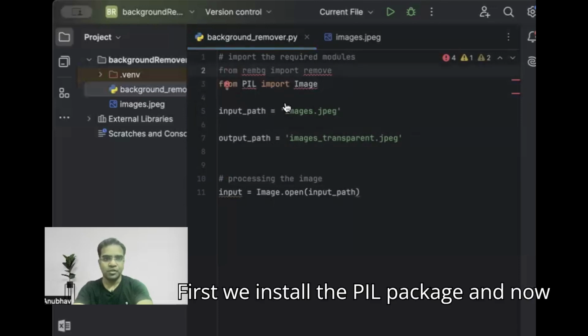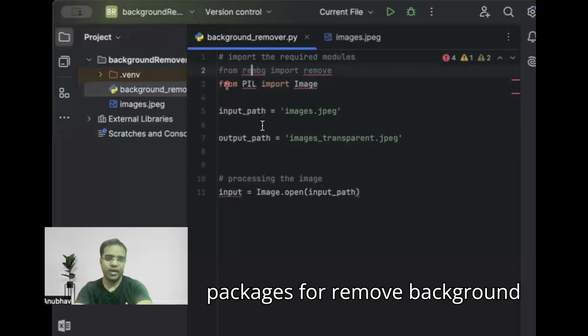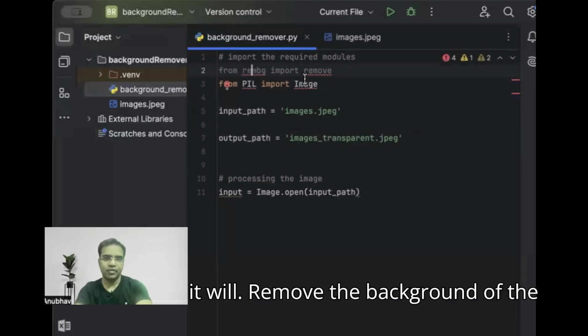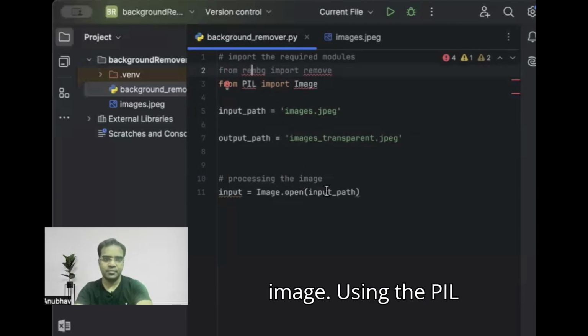First, we install the PIL package, and now we install the rembg package. The rembg package is for removing the background, and we are importing the function remove. It will remove the background of the image. From the PIL, we are importing the Image. So using the PIL Image function, we are going to open the image, and then for